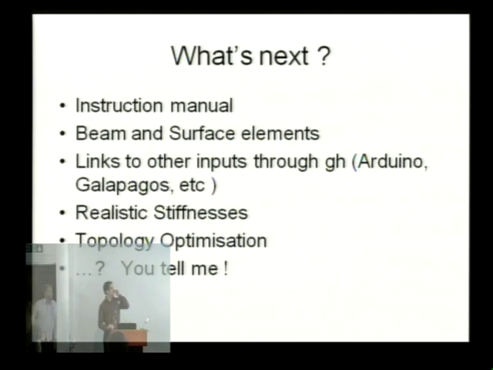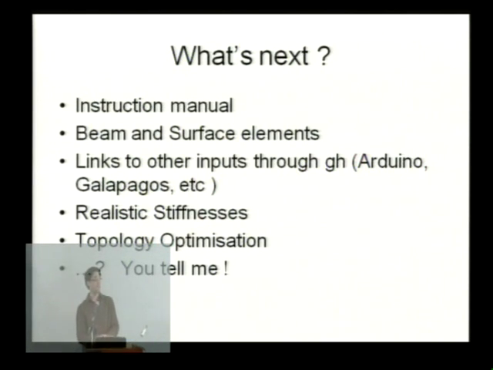In terms of what's next for Kangaroo in Grasshopper, the big one is that I'm still developing it independently in my spare time, basically. The big one, which I know people need, is an instruction manual for anyone who's started using it. I've tried to make it as simple as possible, but I think it can be clearer, and that will also play the role of describing some of the basic physics and the principles that are behind it.